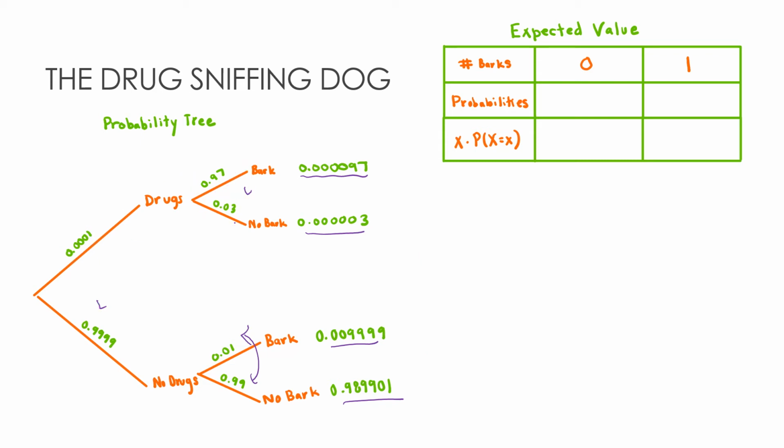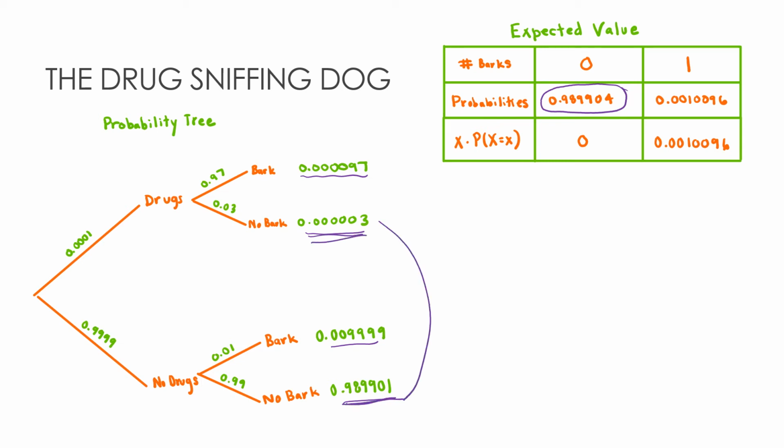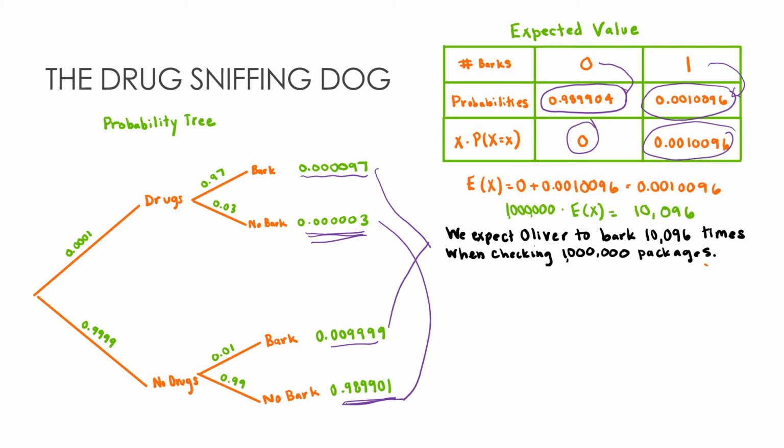Now, my expected value for whether he barks or not is, this is 0 times that he barks, so that's the no bark, this, and essentially I just added those together. That's where that value came from. And then the probability that he does bark is this value, which I added together. Then to find the next value, we're going to take the expected number of times that he barks. So if he barks 0 times, I take that times 0.989904 and get an expected value of 0. If he barks 1 time, I take that times the probability and get this value. So my expected value is the sum of those two, which is essentially